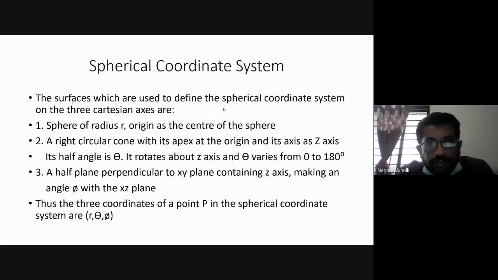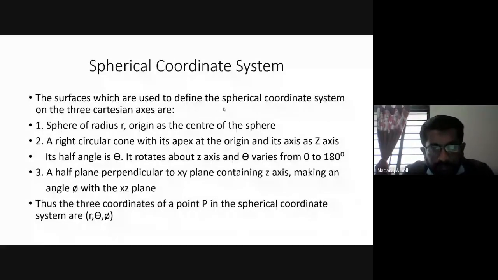Next is the spherical coordinate system. Till now we have studied the Cartesian coordinate system and the cylindrical coordinate system. The third type of coordinate system is the spherical coordinate system. It is a sphere, you know, the ball, the cricket ball or your football, whatever it may be. The ball is just like a sphere. If we take it in 3 dimensions, let us see what the coordinates of this sphere will be.